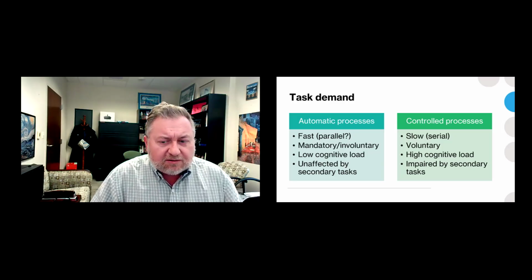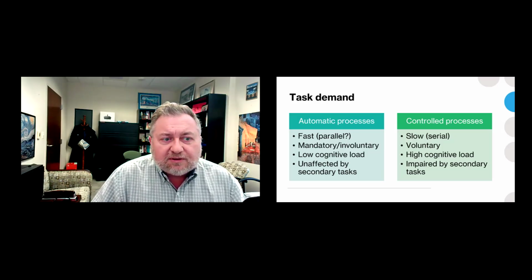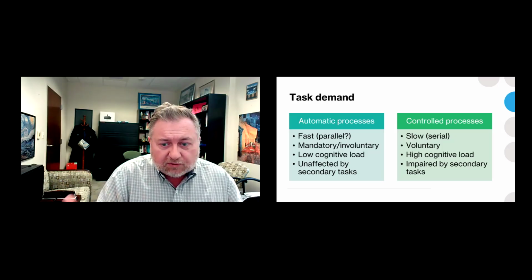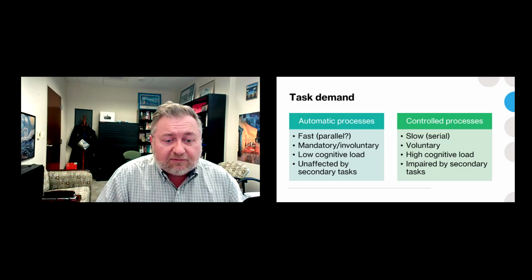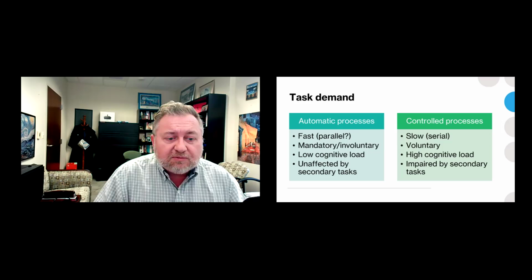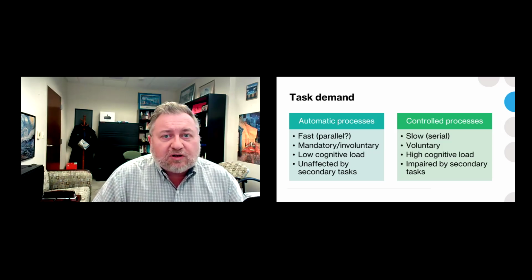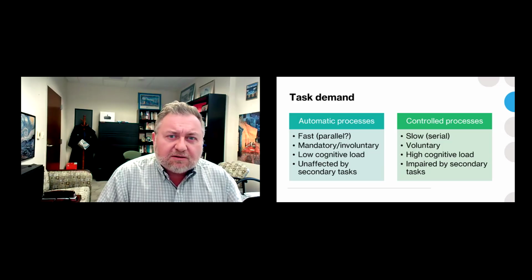The second point here is mandatory versus voluntary, or involuntary versus voluntary. A good example of this one to me is just reading, right? So I put the words on the screen, and when you look at them, ideally you just immediately read them. You don't have to sound it out or think about it. In contrast, if we had young children who were just learning how to read, looking at the screen, most of these words are too big for them. But if we just had the word cat on screen, right? CAT, that would be one where they could potentially read it, but they might still have to slowly sound it out. So we would say that that's a voluntary process.